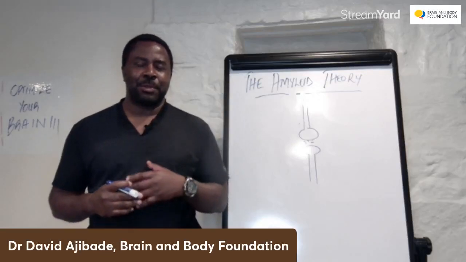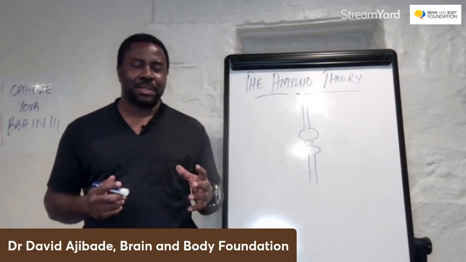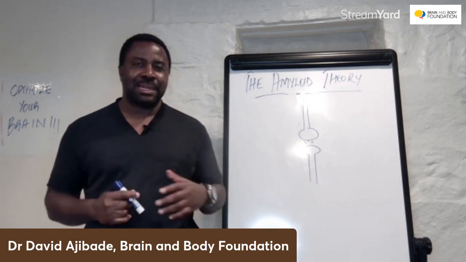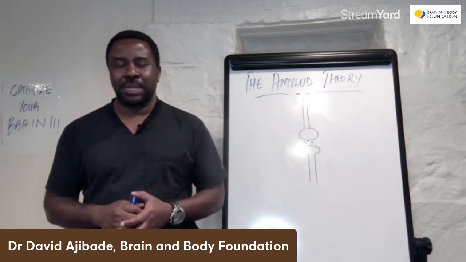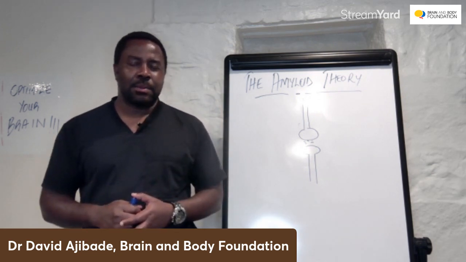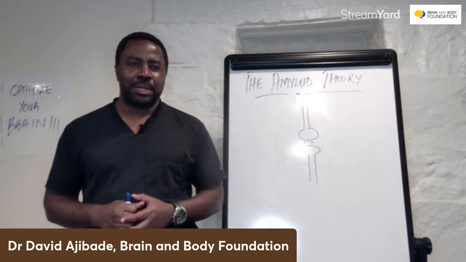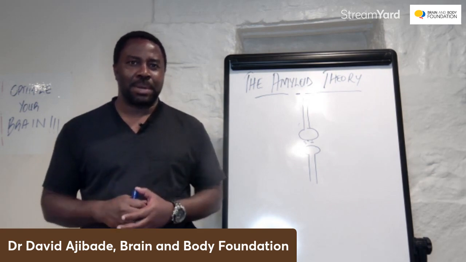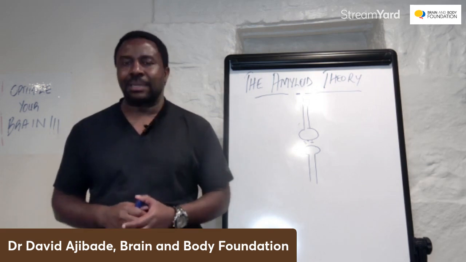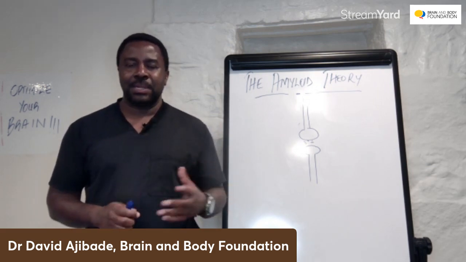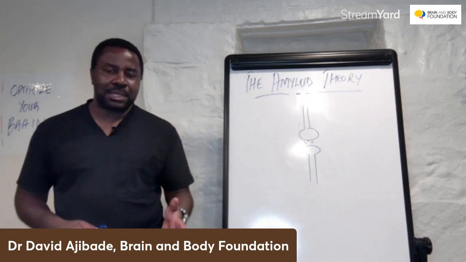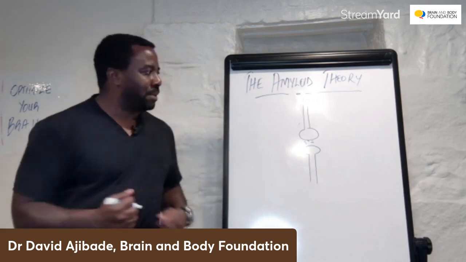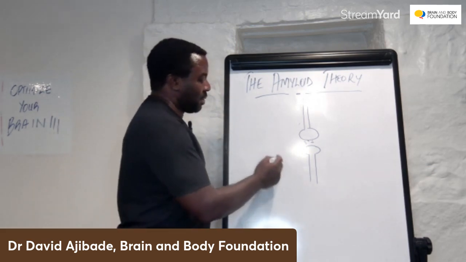Hi, in this video, I'm going to be talking about the amyloid hypothesis. And by amyloid, I mean the amyloid plaques, and of course, the tau tangles. Those two tend to go together. My problem with the theory, which is beginning to be debunked, but we're getting to know more and more about it. So the theory is simply this: